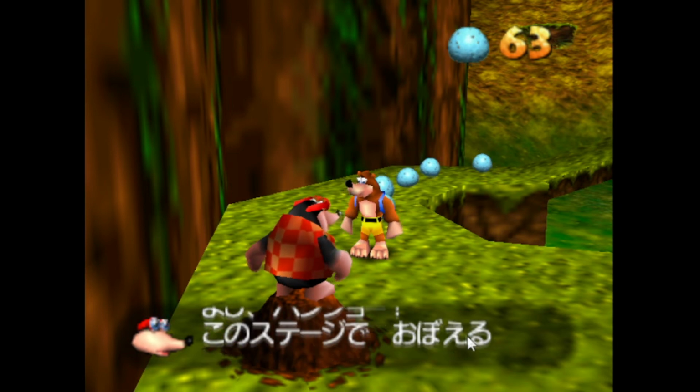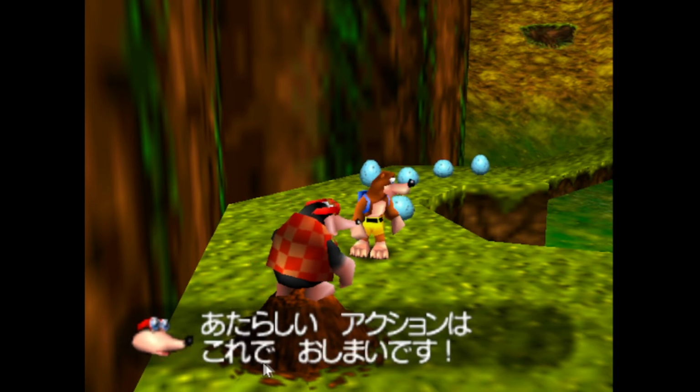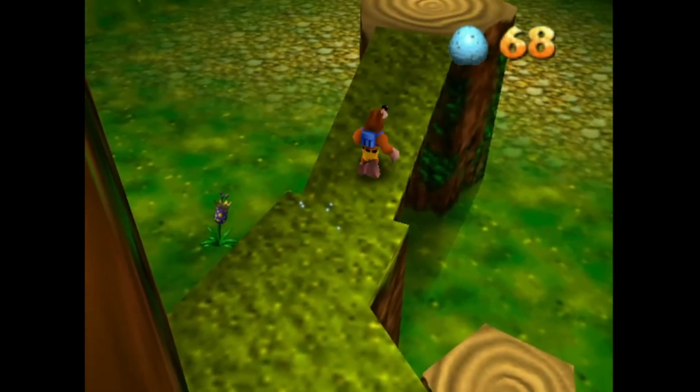Yosh, Banjo! このステージで覚える新しいアクションは, so on this stage, learn new moves. これでおしまいです, which just means with this, finished. Or kind of, that's all. You've finished them. They're over. With this meeting, with this discussion, you have finished all of the moves that there are to learn on this stage.